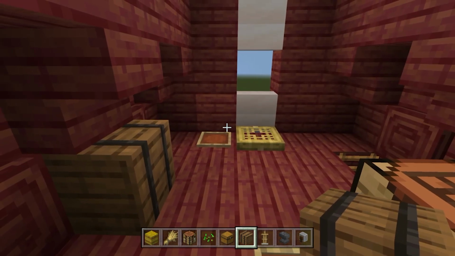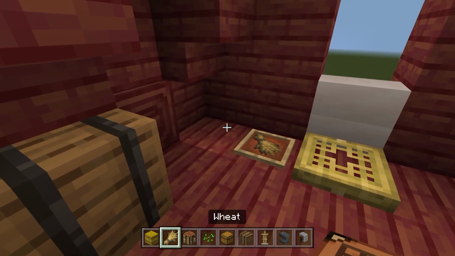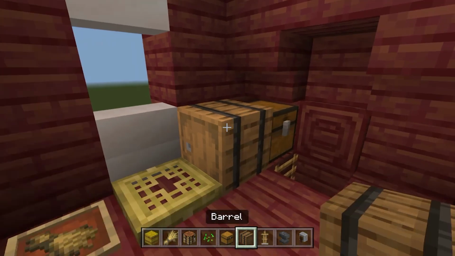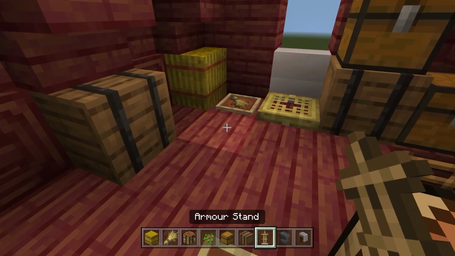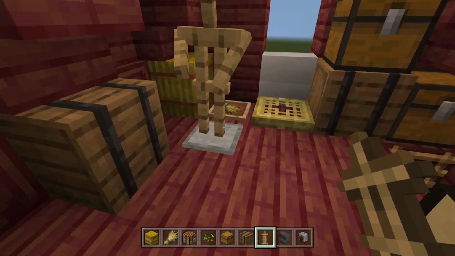Now the other direction, we'll do ourselves more wheat in this item frame here, another hay bale here, another barrel just here, but I'm going to do a chest first to stick my barrel on its side, and then a chest on top of it. And finally, I'll do myself another armor stand just in here, maybe facing forward and maybe pointing towards the barrel,